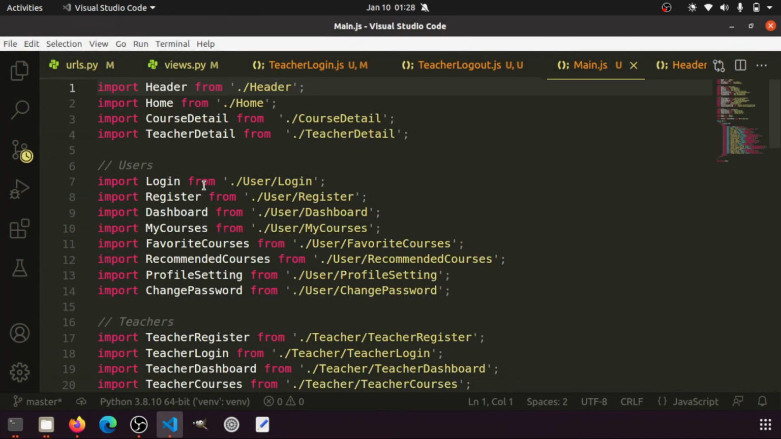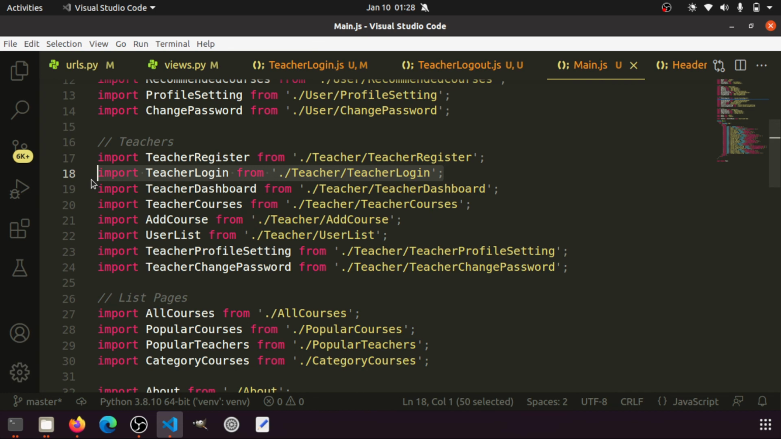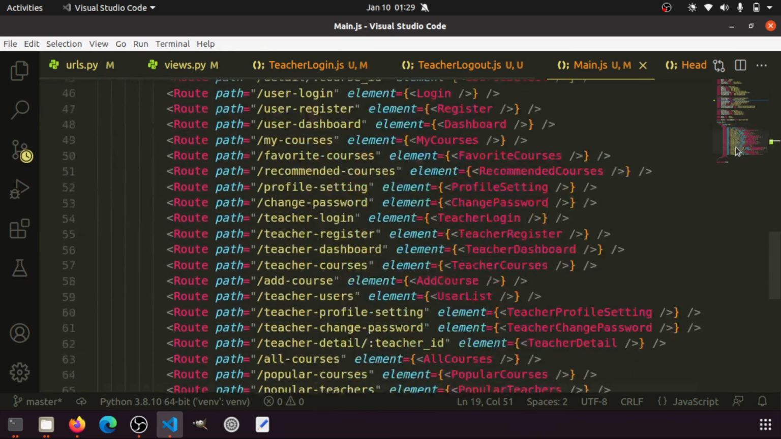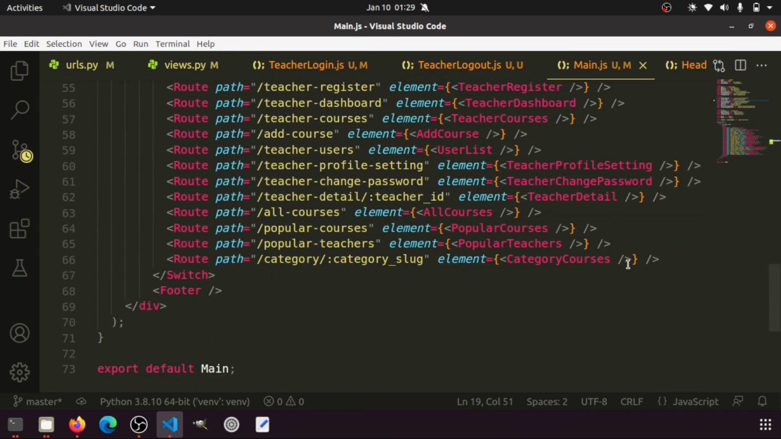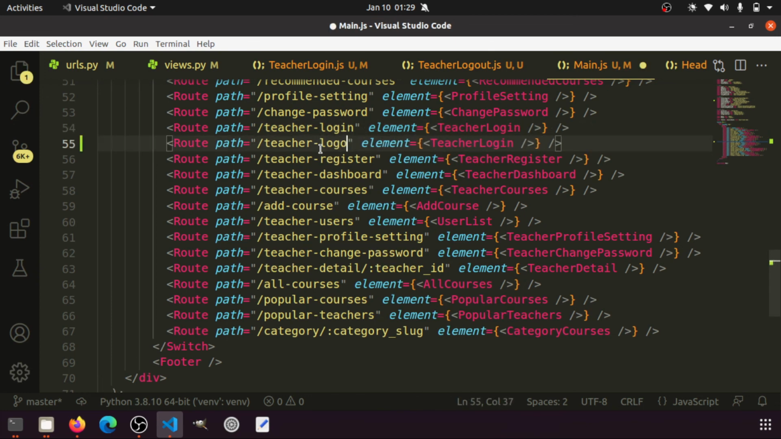Where is main? Here is main, and we have teacher, we need teacher logout, teacher logout. Here we are, very nice. This is teacher register, teacher login, and let's say teacher logout. Fine, now let's click on the teacher logout page,